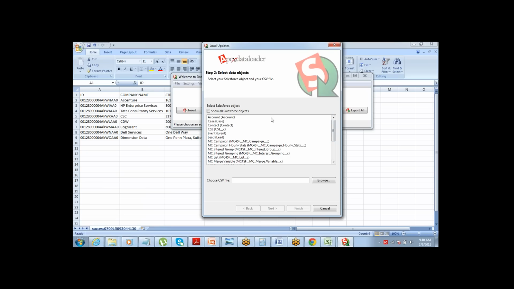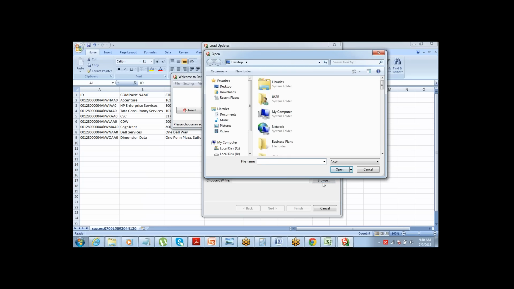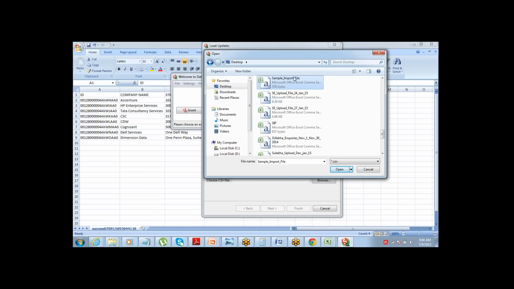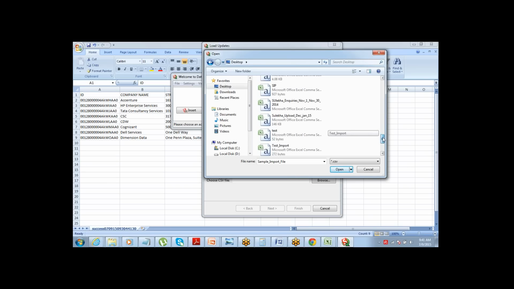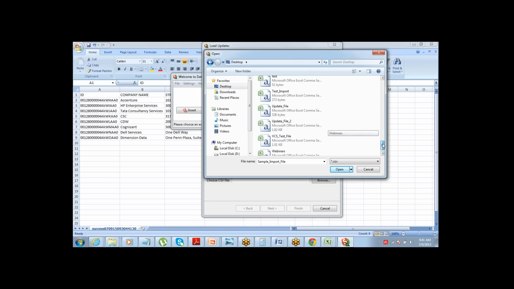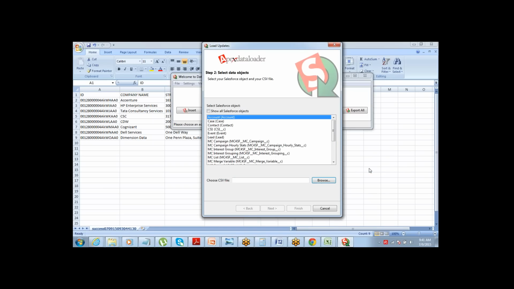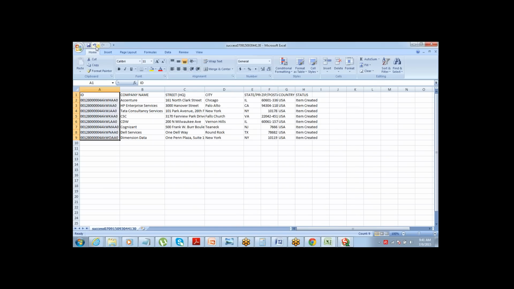Then which object do you want to update? Let's say account. Then just browse the file. One second, where did I save it?